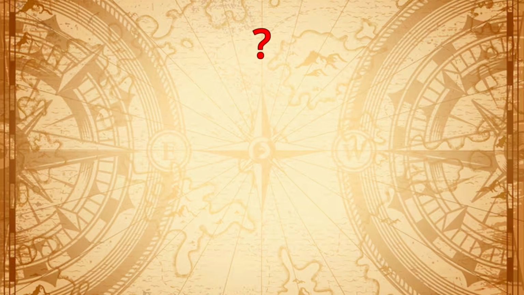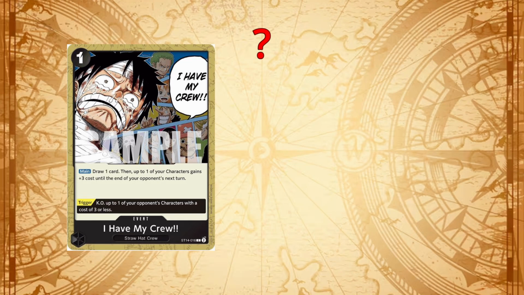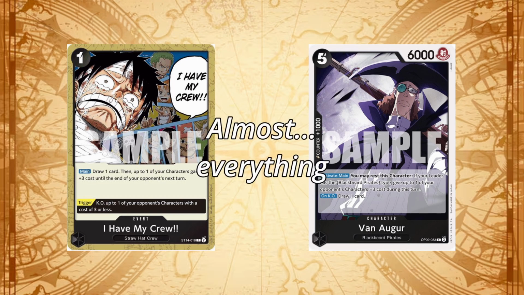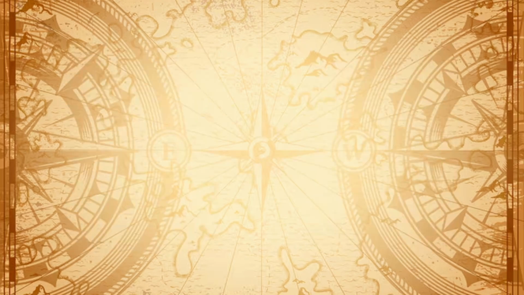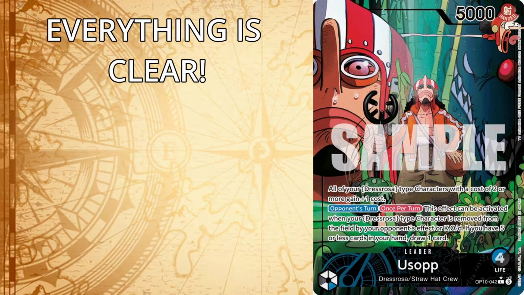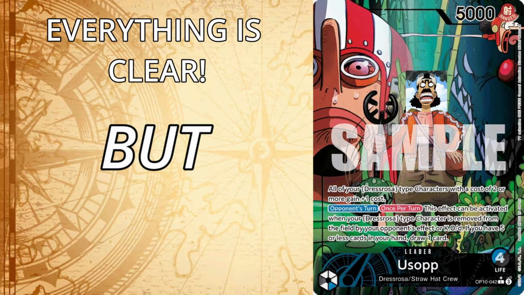what happens if you buff the cost of your character but it drops off at the end of turn? And what about activate effects like Van Algar? Which priority does it have? Luckily, there are answers to almost everything. The comprehensive rules have had a massive update. The updates explain how Usopp works, but I will end the video with one thing that is still not clear